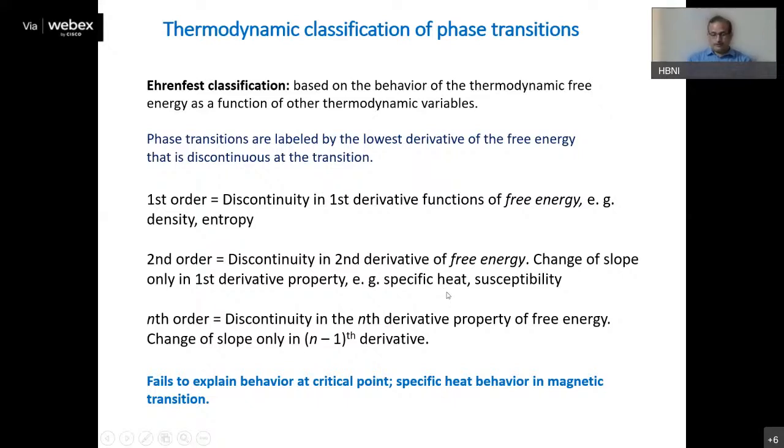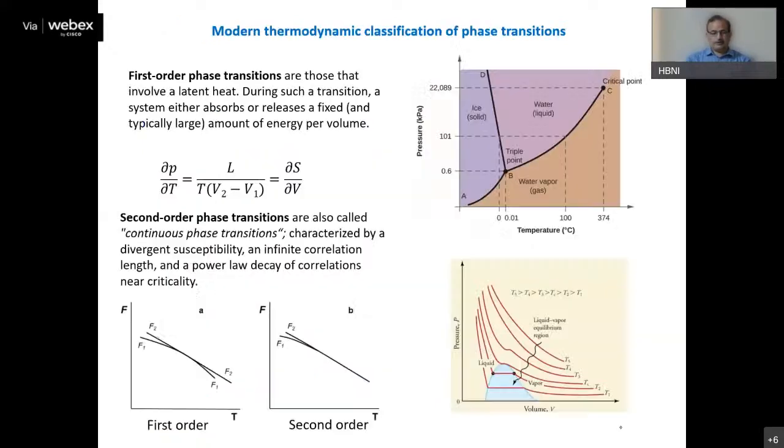Also, the specific heat in magnetic transition. As per this classification, the specific heat across the magnetic phase transition should have a discontinuity. Whereas it has been shown that it is not a discontinuity, you have a lambda point, you have a divergence of specific heat across this magnetic transition. So researchers have actually come over this classification, and now there is a new approach to define thermodynamically different classes